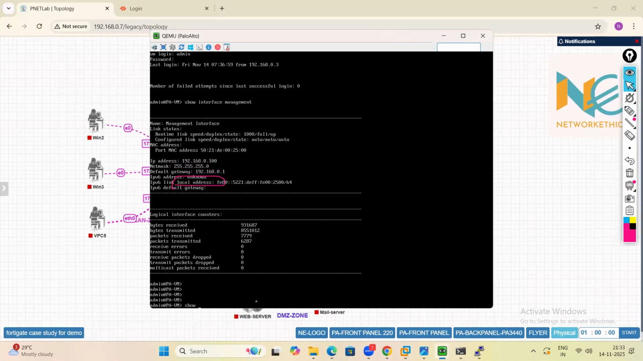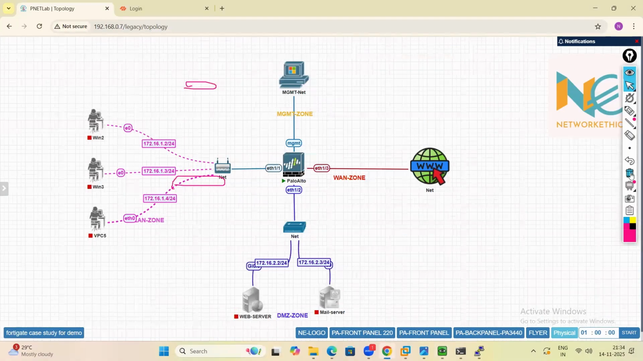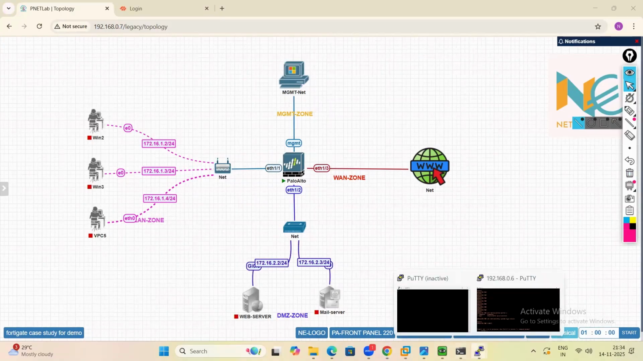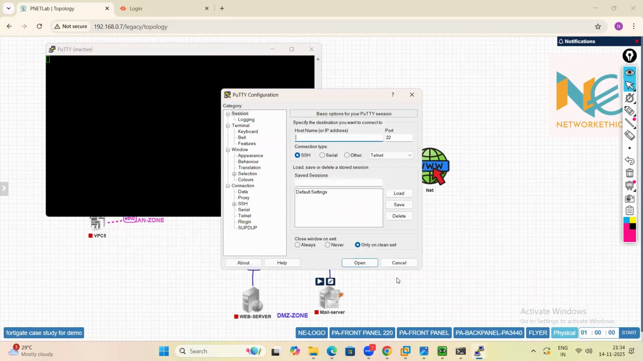To verify that, show system info, okay, and you can see the IP assignment method is static. Clear? So now the IP has been changed, so my management PC now has to ping the proper management IP. Go to my management PC and take a console, initiate a new session, take a console of your Palo Alto firewall CLI through SSH and use your updated IP